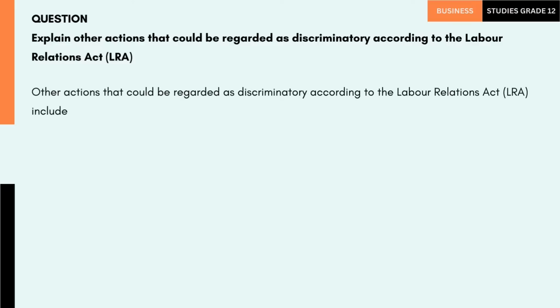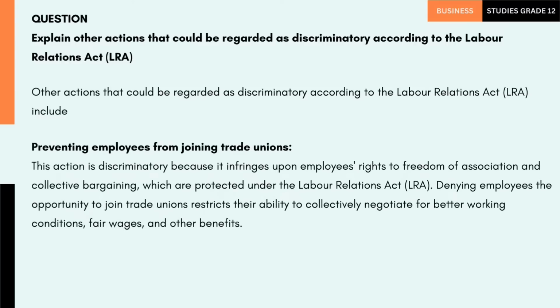Other actions that could be regarded as discriminatory according to the Labor Relations Act, LRA include 1. Preventing employees from joining trade unions. This action is discriminatory because it infringes upon employees' rights to freedom of association and collective bargaining, which are protected under the Labor Relations Act, LRA. Denying employees the opportunity to join trade unions restricts their ability to collectively negotiate for better working conditions, fair wages,